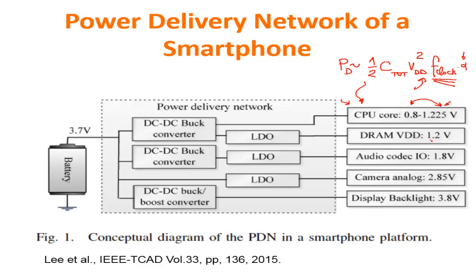Then we have a different voltage for the DRAM, a different voltage for the audio codec, because with this part you have to supply typically also the voltage to the loudspeaker. Then there's the voltage for the analog part of the camera, which is still different. Then there's the display backlight, that are LEDs and then require an even higher voltage. And then in addition to that, let me just add also that you have the flash memories